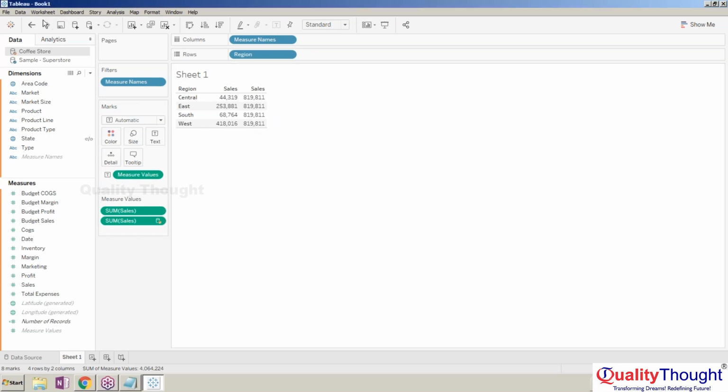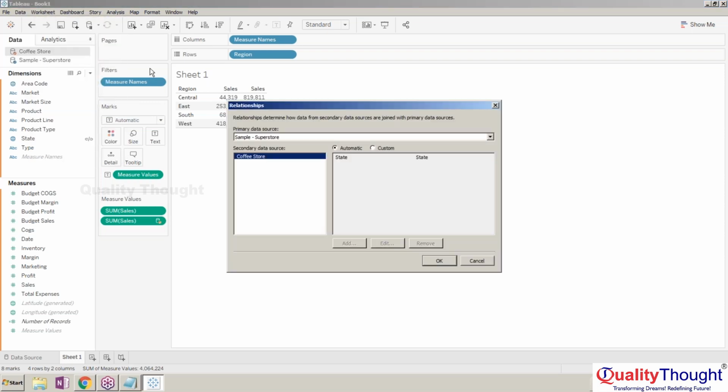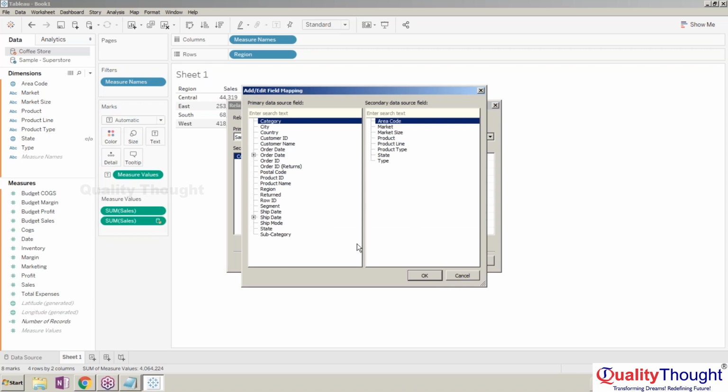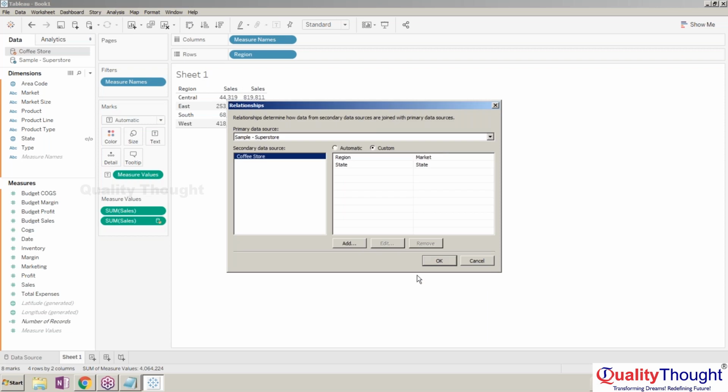Okay, so what I'm going to do is make a data edit relationships. Then here I need to select custom. By custom I need to select by region, right? So here I want to select the market, and I want to select the region here. Where is the region? Here it is, the region. Just say okay. Anyhow, state is also equal